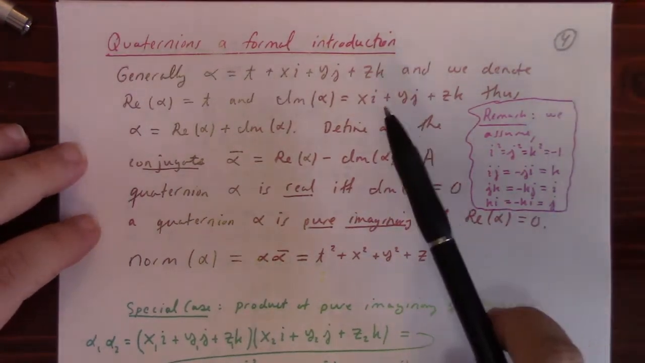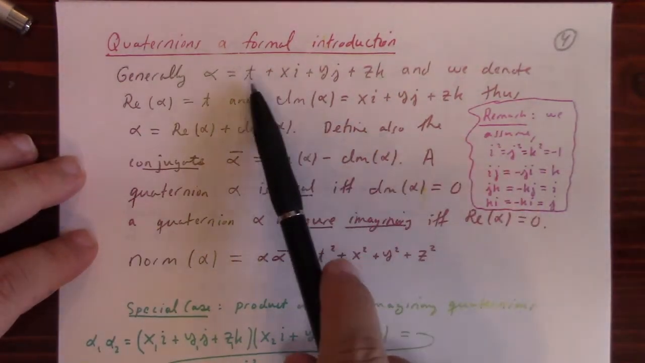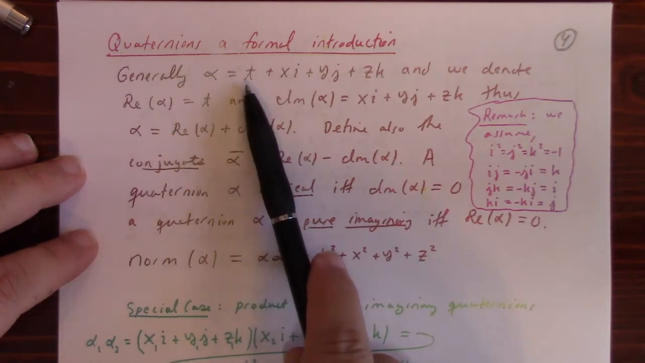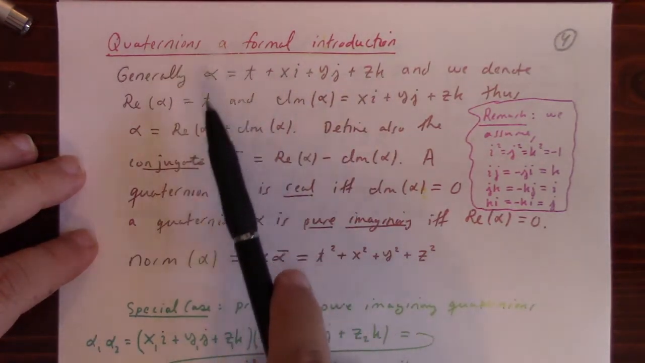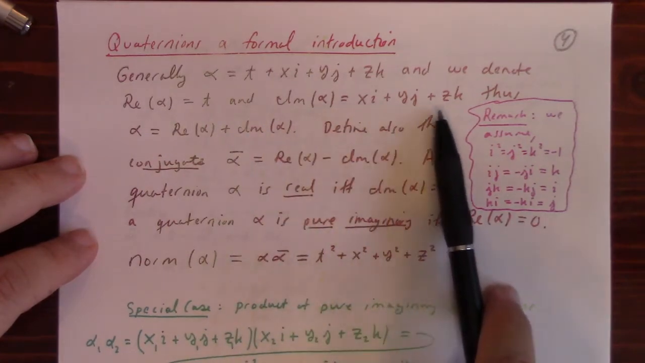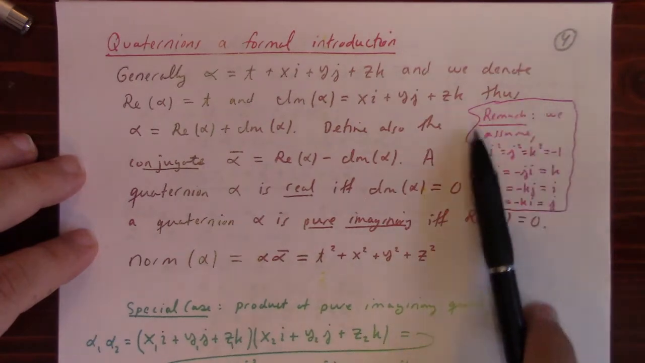So here's a more formal introduction to quaternions. This is how I would typically teach it if I did have more time. I say a quaternion has the form t plus xi plus yj plus zk, and we can say the real part of the quaternion is t, the imaginary part is this piece, xi plus yj plus zk, and we have to assume these